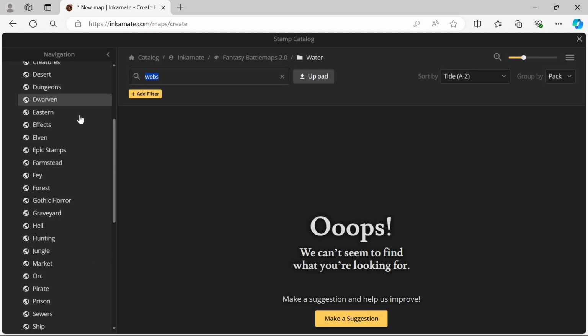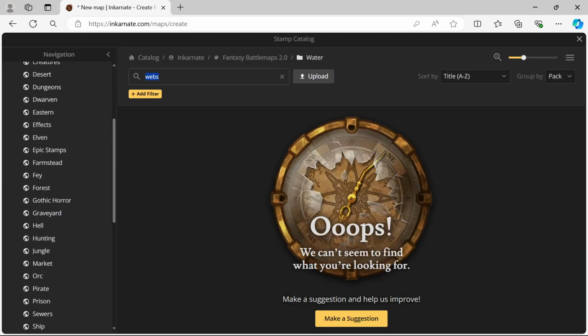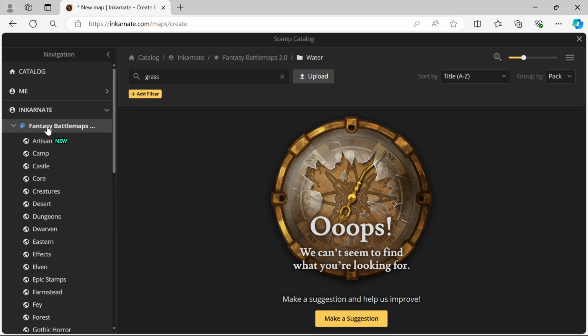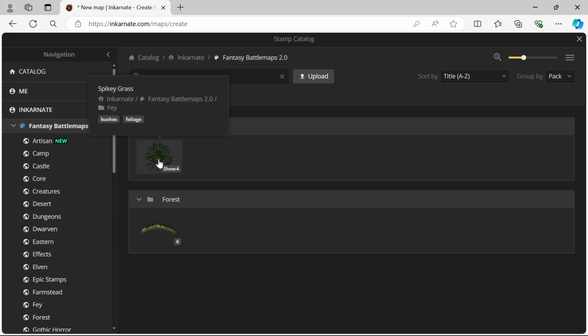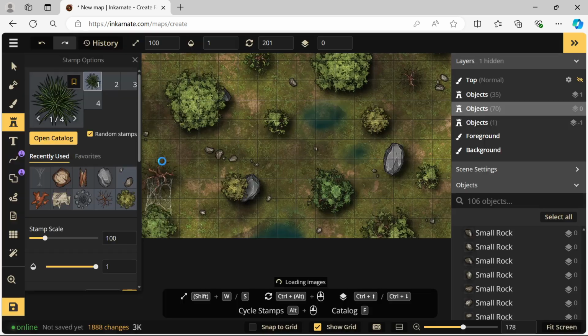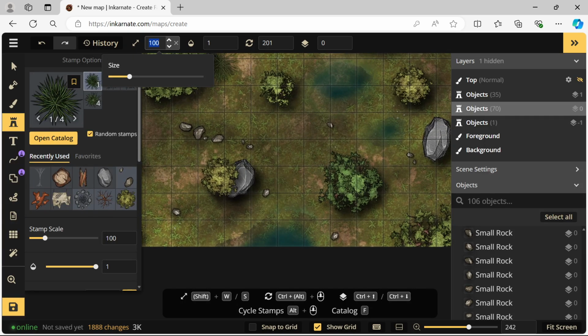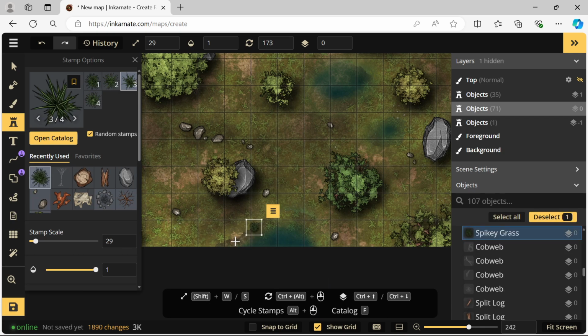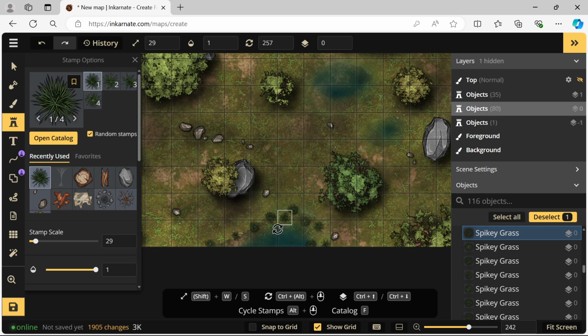Then, let's see what we have here for some grass. Just to put around the edges of those little water areas. We got some grass here, and then we got grass lines. Alright, we'll do some spiky grass. Make this smaller so it makes sense. And then we're just gonna put in some grass